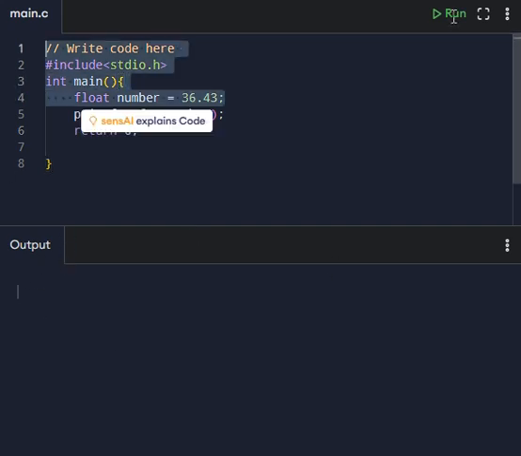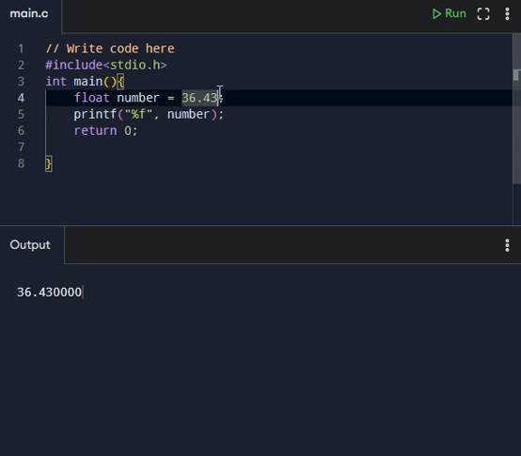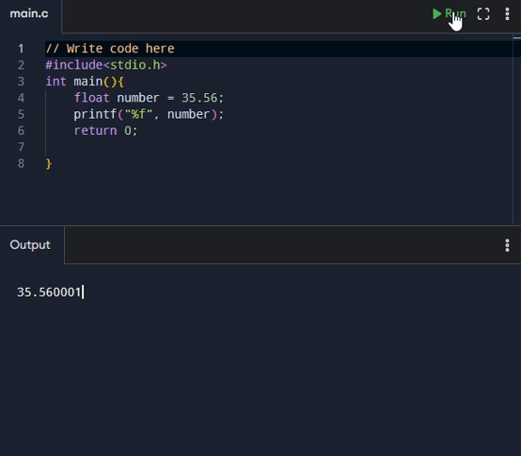When we go and run this code, our output will be 36.43. Yes. If I take 35.56 instead of 36.43, what will be the answer? 35.56 only. Is it? Yeah, whatever float number you are taking, it will be shown in the output. Okay, now